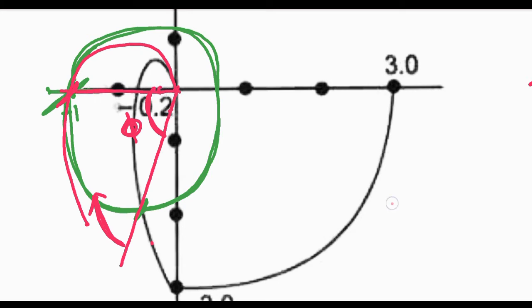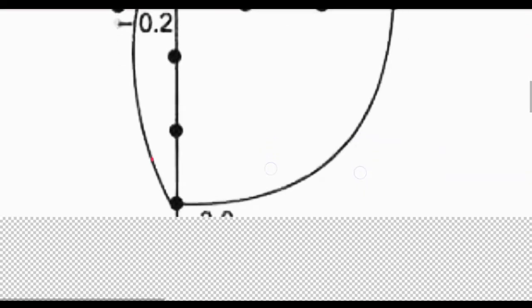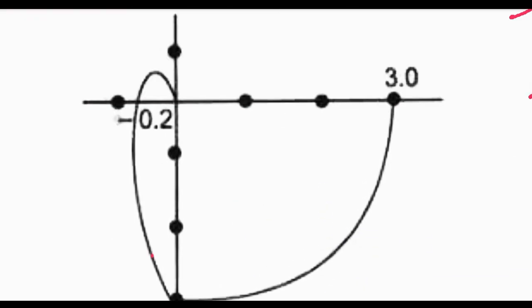Phi will be 0. So if phi is equal to 0, then this will be unstable. So what will be the phase margin? Phase margin is phi. That means if in the question it is given that it is crossing the -1, suppose this one is the -1 crossing, and this angle is given, then this angle will be the phase margin.